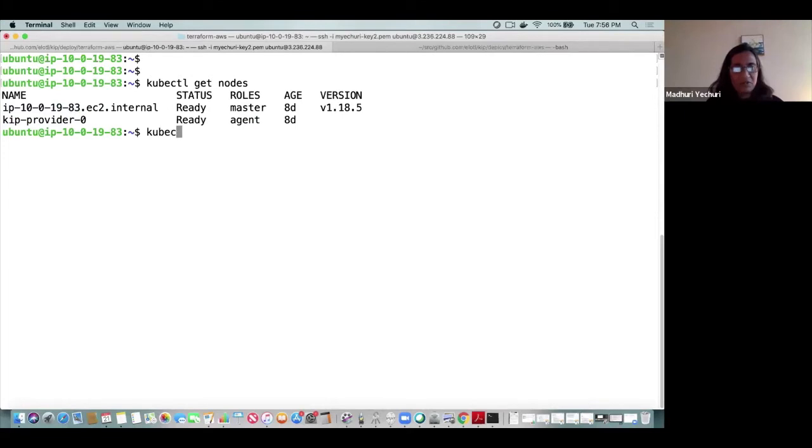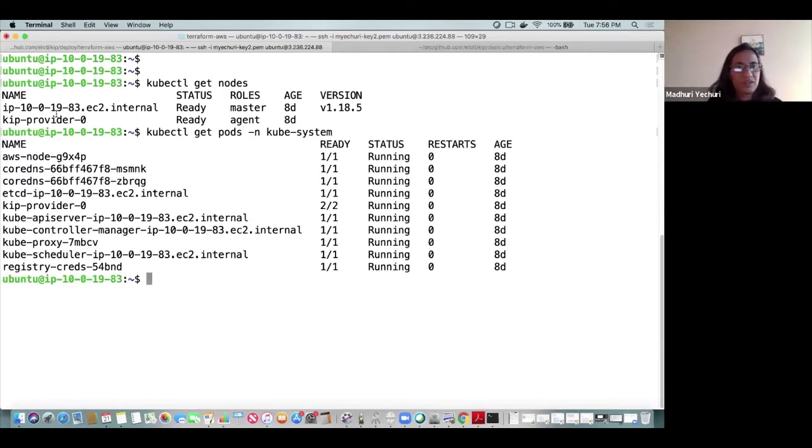So if I do a kubectl get pods in the kube-system namespace, we should see the KIP provider pod that is running. So that is the KIP provider worker node. So it's simply a pod.